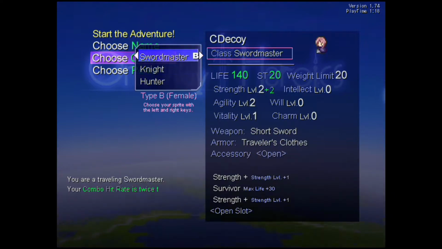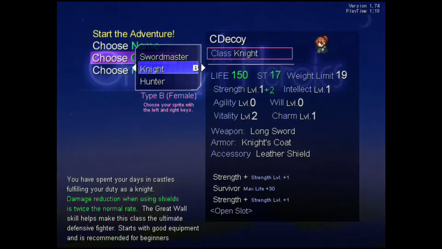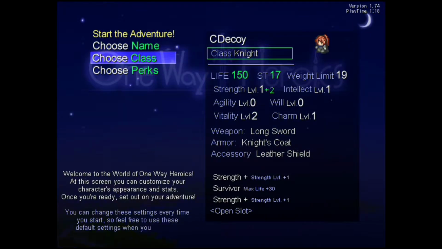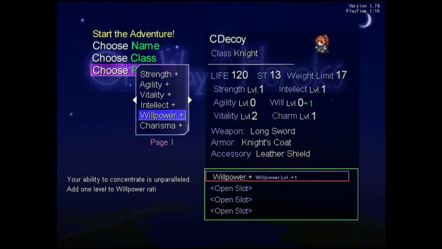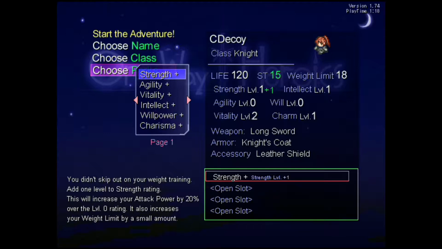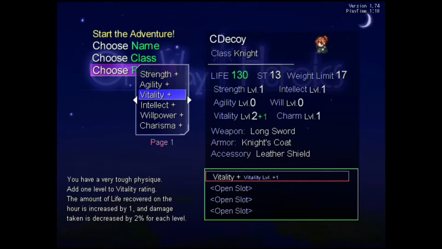As you can see, we have a class. We're gonna go with something with a lot of health here, but maybe not a whole lot of strength. And then perks, you can choose through some basic bonuses, and I swear I'll get to the meat of this whenever we get into the game, but right now I'm just gonna show you basically everything I saw whenever I